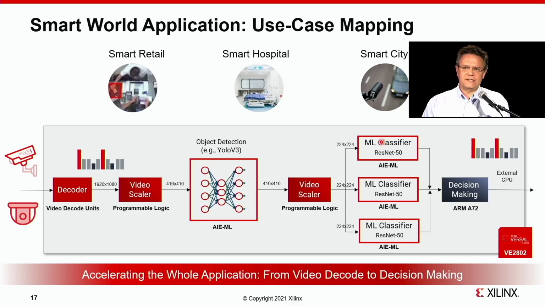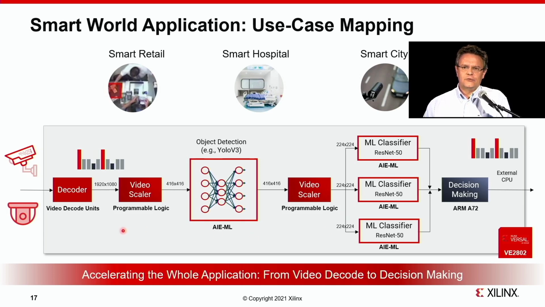This example application pipeline clearly shows the need to focus on whole application acceleration. It's important to have very efficient ML inference, but you need to be concerned with how to have a balanced pipeline and how to have the proper hardware and building blocks that will fit all this massive amount of inference compute. For example, in the mid-range device that I have mentioned before, with more than 300 AI ML tiles,